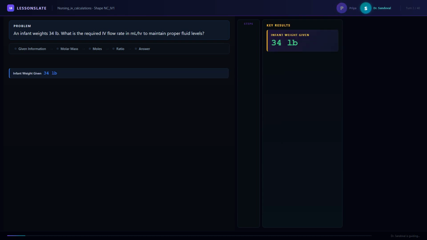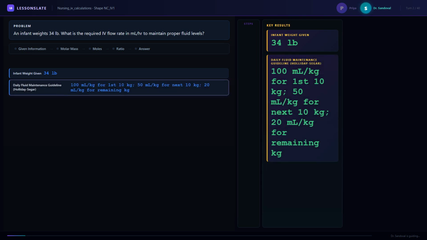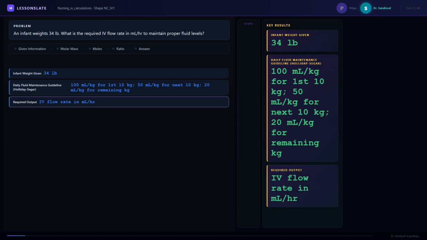This problem has a common pattern in nursing calculations, Priya. It implies a standard guideline without explicitly stating it, which means you need to recall that guideline before you can even begin the math. You're right to ask about it. For infants, a common guideline for daily fluid maintenance is 100 milliliters per kilogram for the first 10 kilograms of body weight, 50 milliliters per kilogram for the next 10 kilograms, and 20 milliliters per kilogram for each kilogram beyond